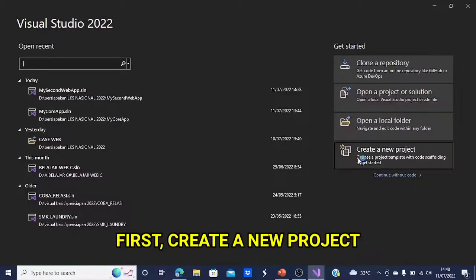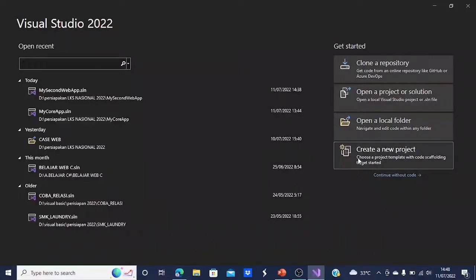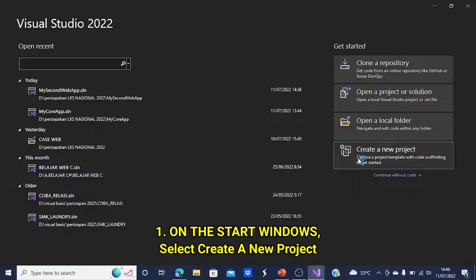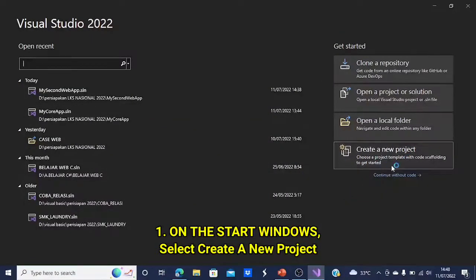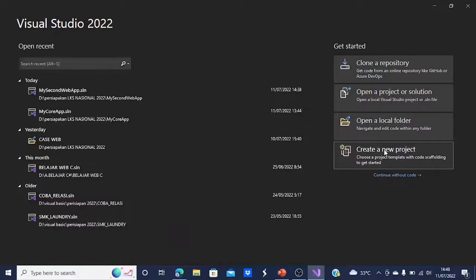The project type comes with all the template files you will need to build a fully functional website. 1. On the Start window, select Create a new project.